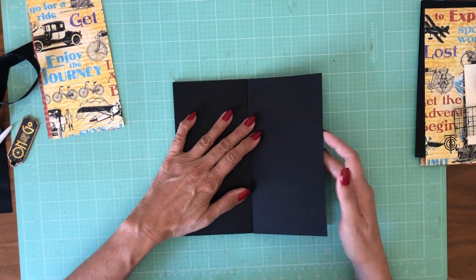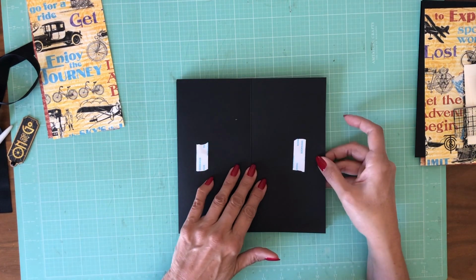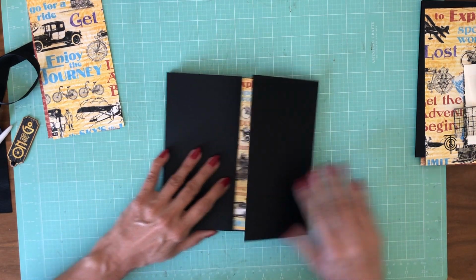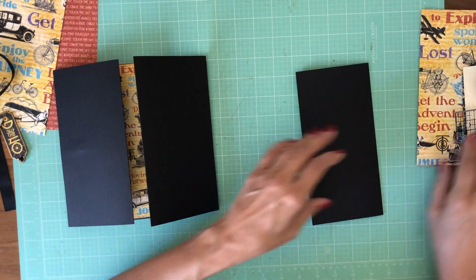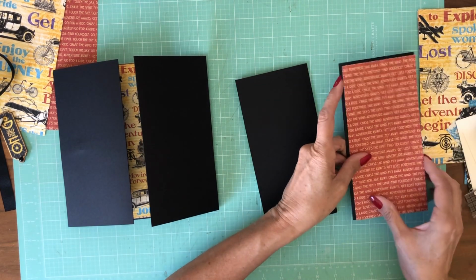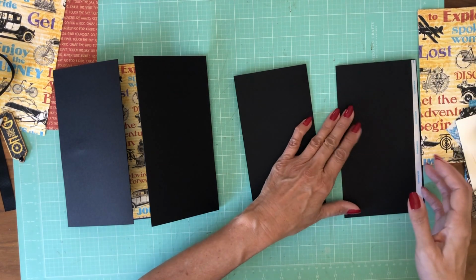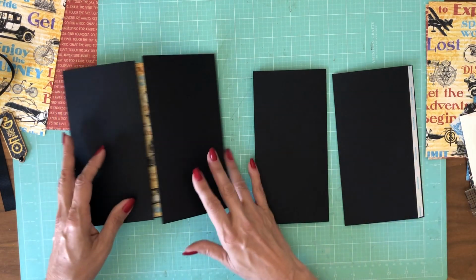So now, because these open to each side, like so, what I've done is I've added the magnets already to the flaps, and I'm going to show that to you on the page 5. I went ahead and added my magnets to the insides of these. That'll go on the top side, to the insides of the flap. So on the outside,